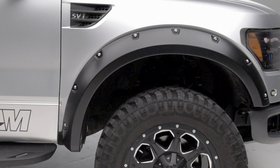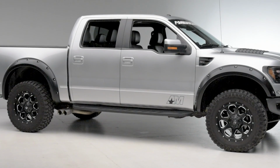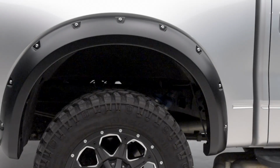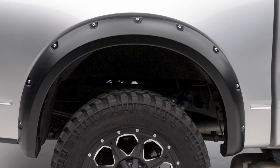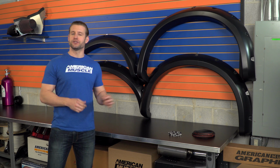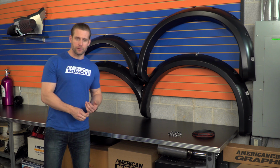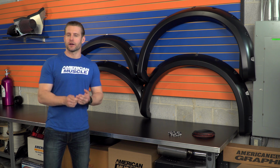The Pocket Style Flares from Bushwacker should appeal to the Raptor owners out there looking for a little bit more coverage compared to your factory flares and maybe a little bit more of an aggressive styling thanks to the included hardware and rivets. Now these are going to be one of your pricier options here on the site in regards to aftermarket fenders, but again, they will install with no drilling whatsoever,